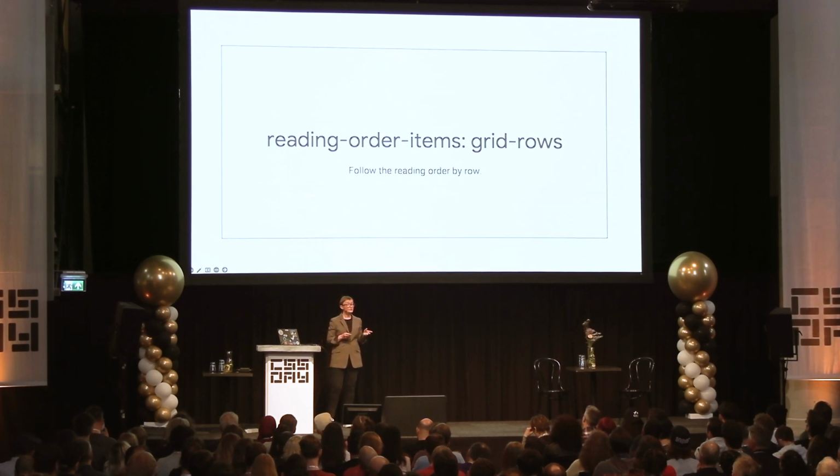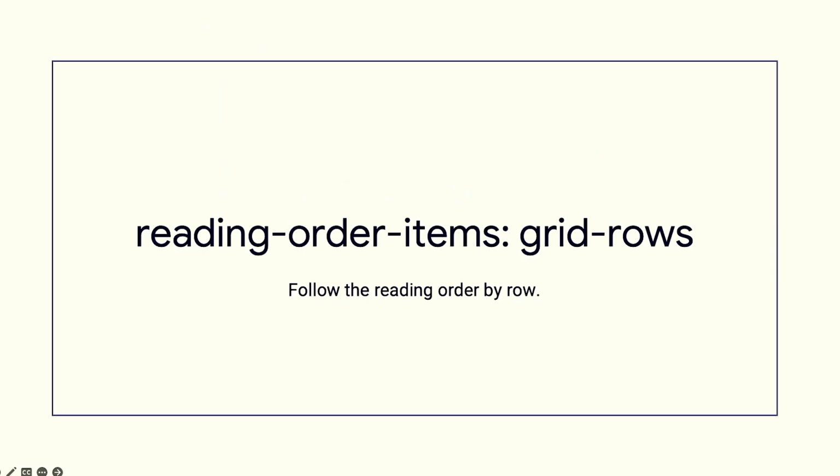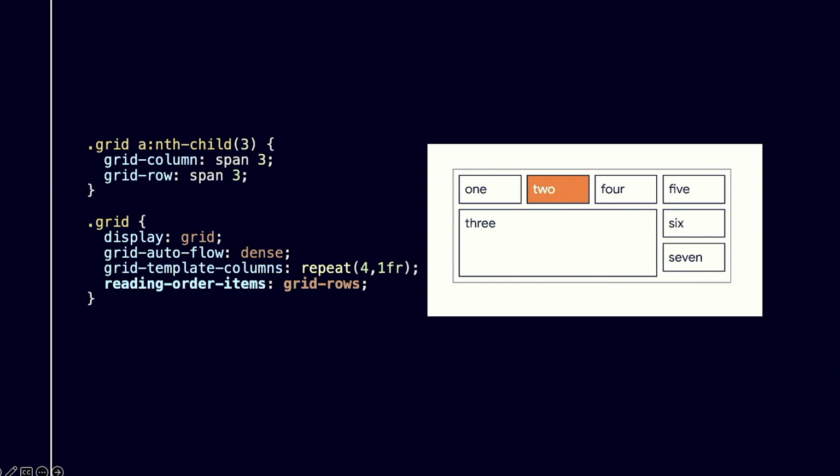Now we have different keywords for grid, because with grid, there's kind of 2 things we want to do. We want to go by rows, or we want to go by columns. So with our disconnected dense packed layout, we probably want to go by rows there so that the tab order can follow the laid out rows rather than jump around. So we end up there with something like this. The tab order ends up being 1, 2, 4, 5, 3, 6, 7 as you move across by row and sort of tab between the items.